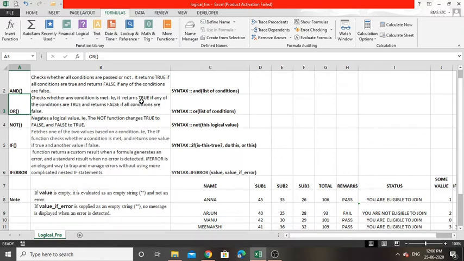That is, it returns true if any of the conditions are true and returns false if all the conditions are false. Like the AND operation, which we compared with the multiplication operator, the OR function can be compared with another mathematical operator, plus or addition.